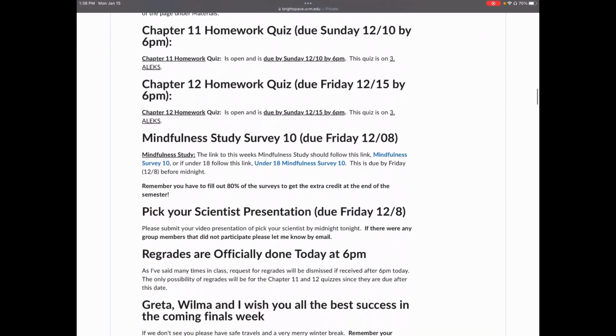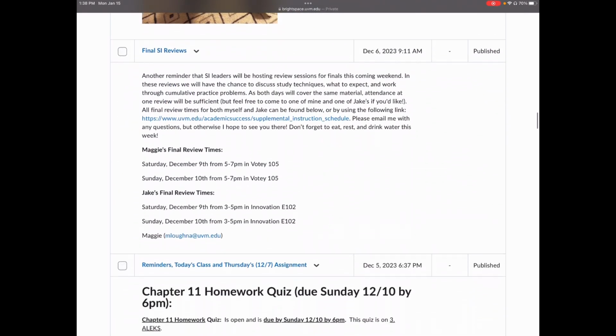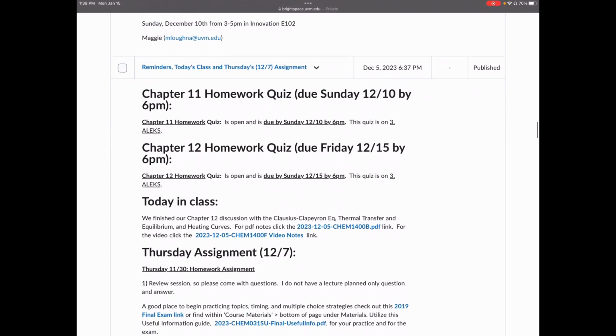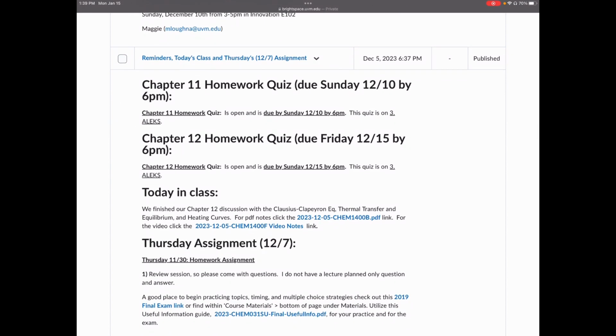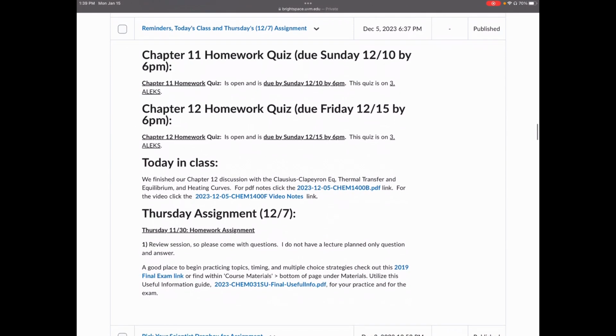Let's do something a little bit more simple. Here is an example of an assignment. At the top, I'm giving reminders about homework quizzes that are due, chapter 11 and chapter 12. This is the end of the fall semester.